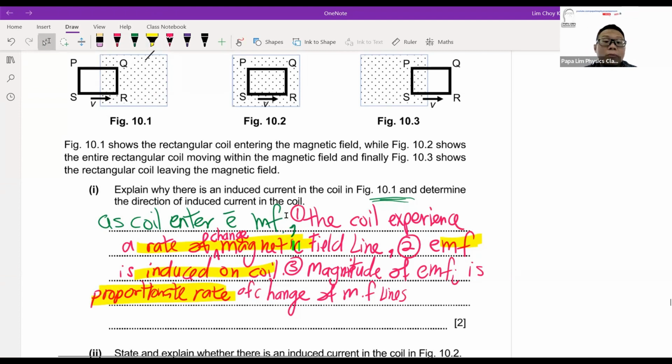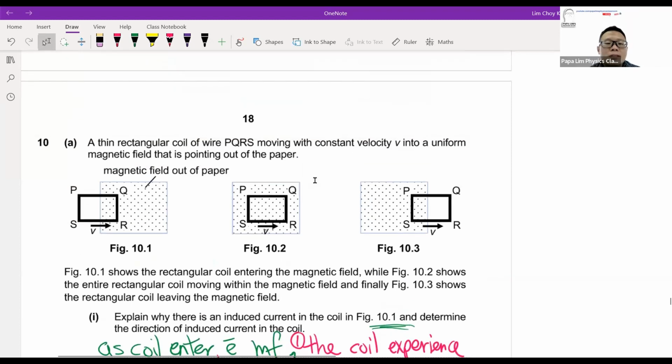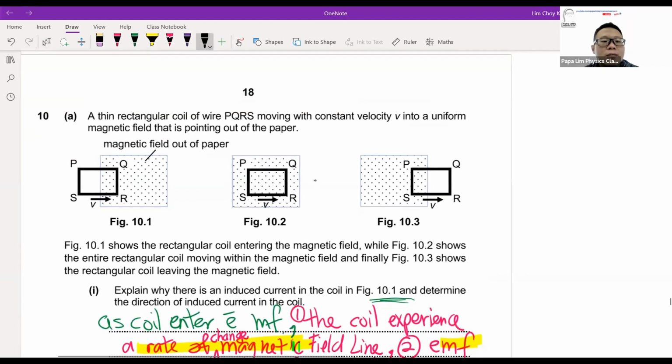So what happens to the induced current? Based on your understanding of Lenz's law, the induced current will flow such that it opposes the motion. On paper here, the field line is out of the paper and it is increasing. So to oppose the motion, the field line generated by the induced current must be in the opposite direction. If the field line is out of the paper and increasing, getting stronger and stronger,